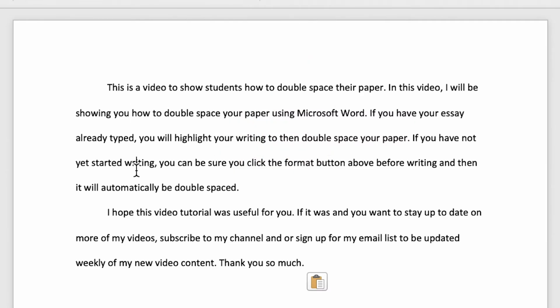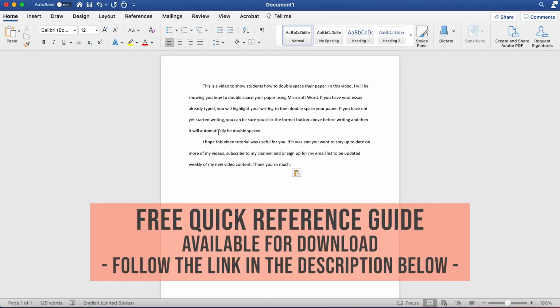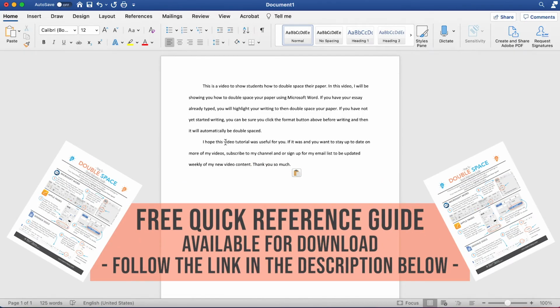And this is most often needed for MLA formatting, APA style formatting, or any formal paper that you have to